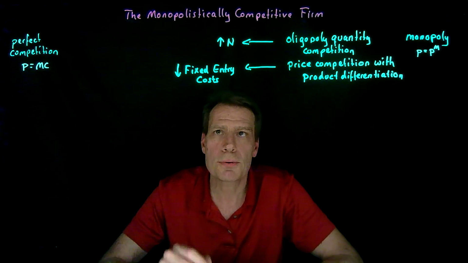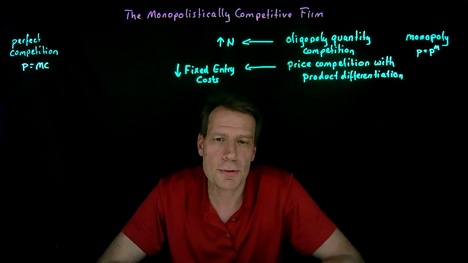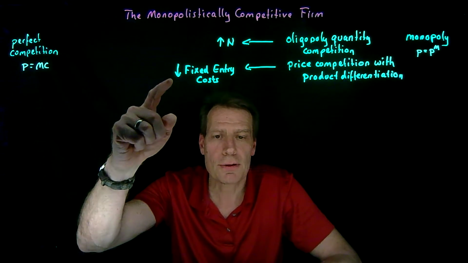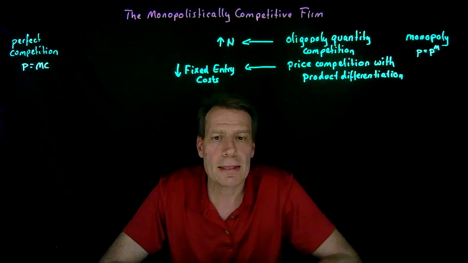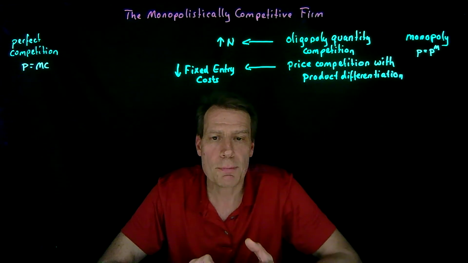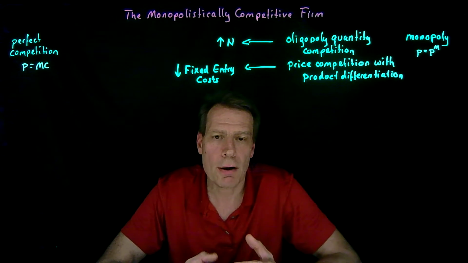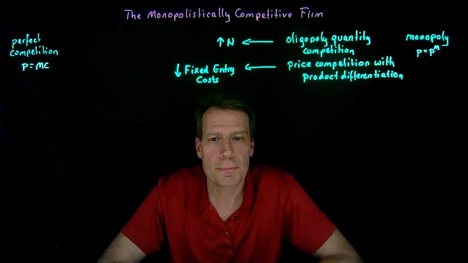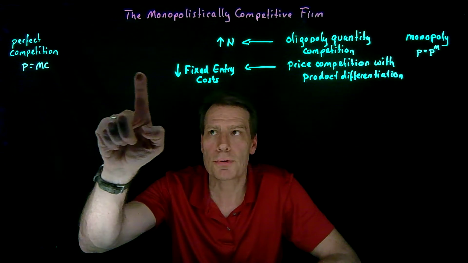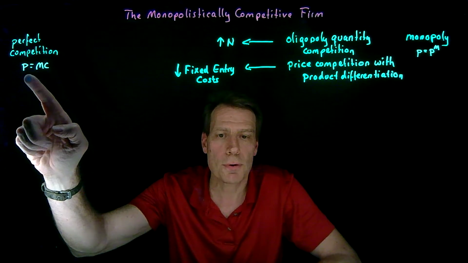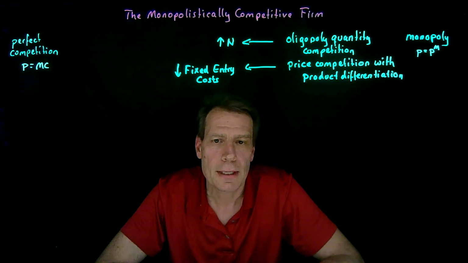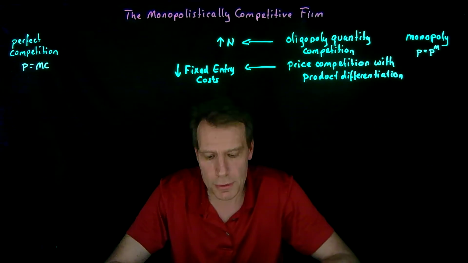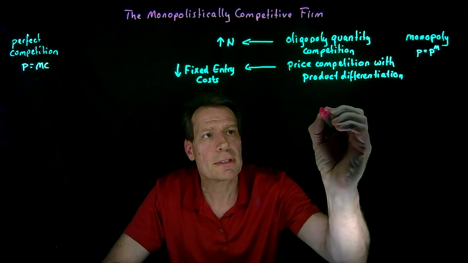And finally, we introduced a fixed entry cost into the market in the circle model and found that as that fixed entry cost falls, more firms enter the industry, and as a result, each firm will have less market power. As that market power falls, prices fall. And as that fixed entry cost falls towards zero, prices converge to the competitive outcome of price equal to marginal cost. This second type of market structure is called monopolistic competition.